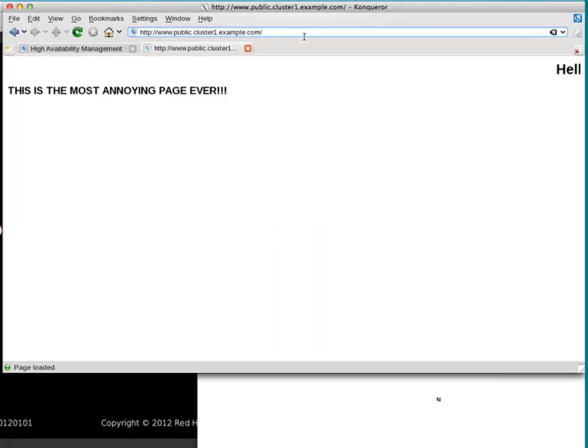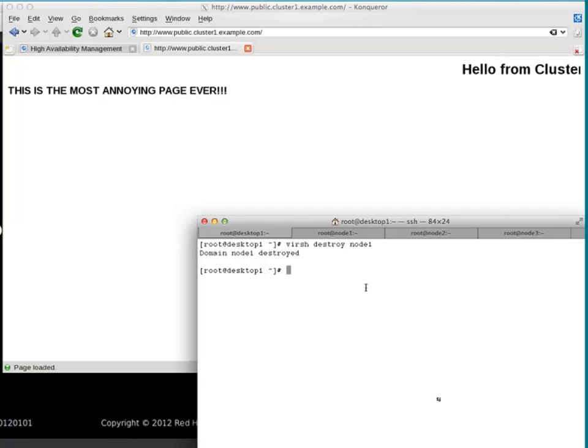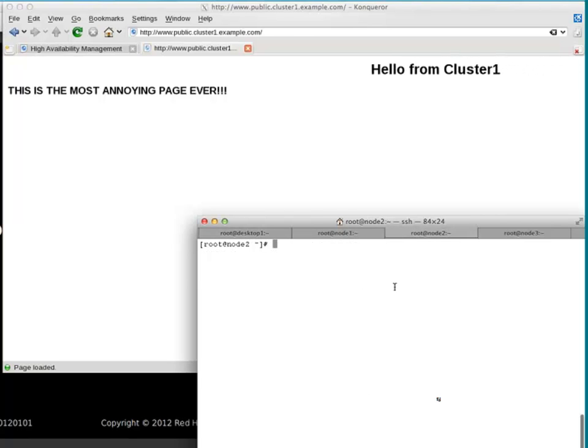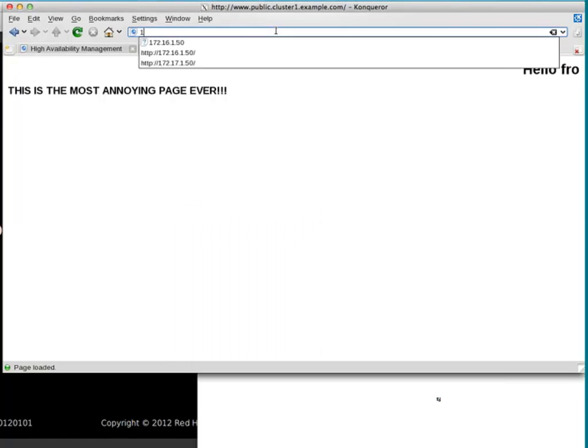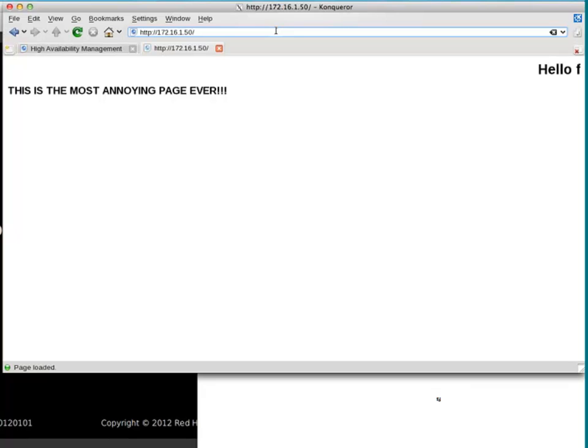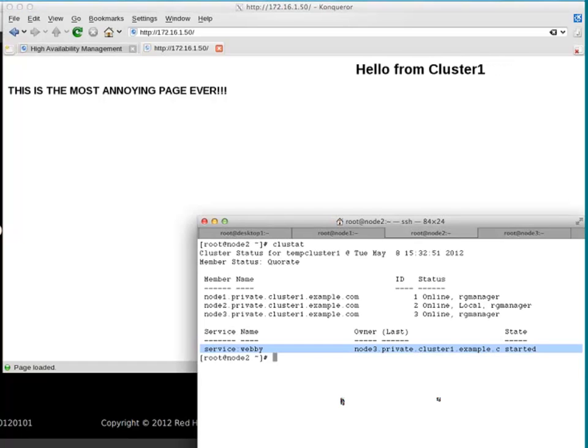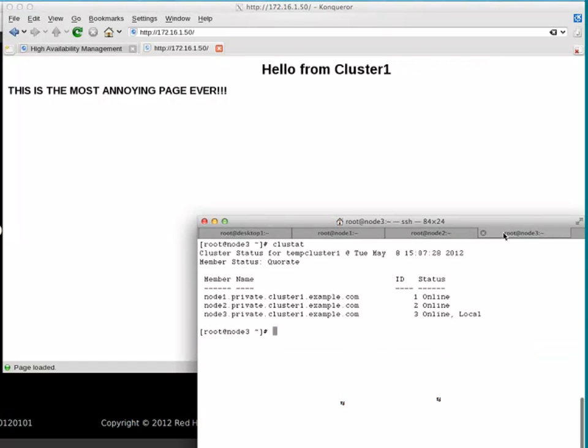So when I try to access the page, the little web browser is spinning, and we're waiting to access the page. And if we go over to one of the other healthy nodes, we can see that the service was migrated to one of the other nodes. So when I'm accessing the floating IP address, this floating IP address and all the pages that are associated with it through Apache are now being served from Node 3. All right, if we look at Node 3,